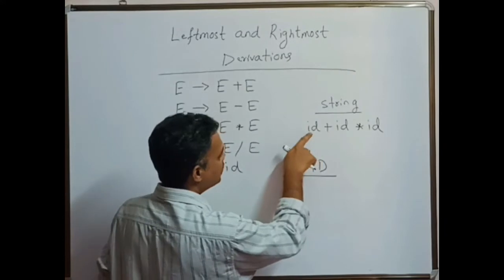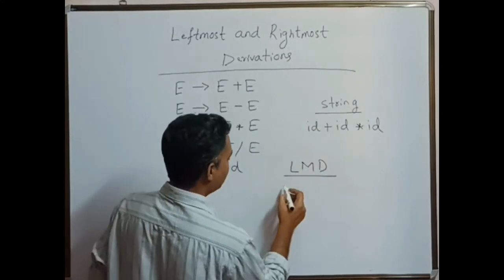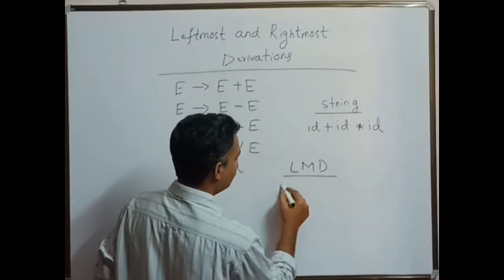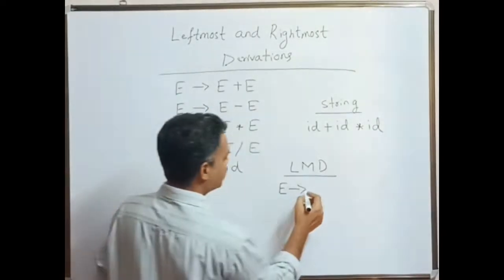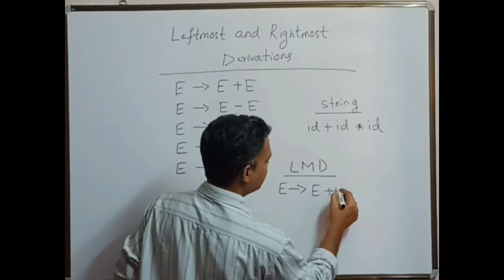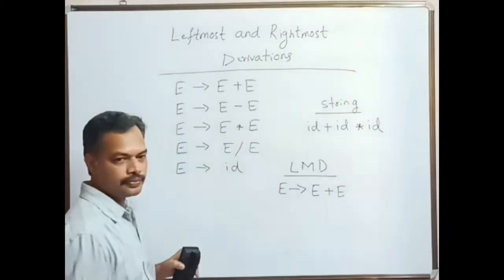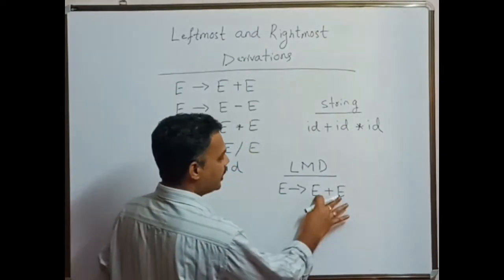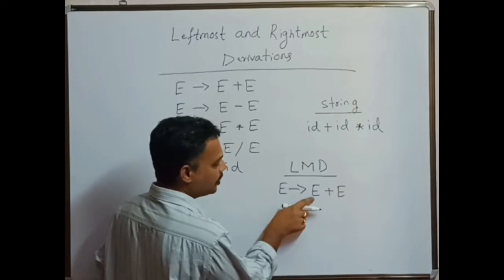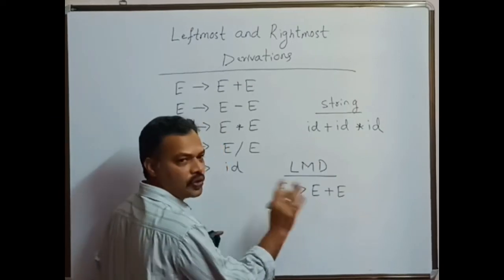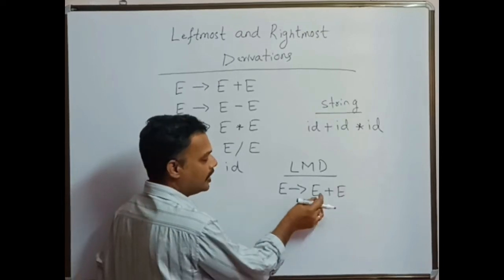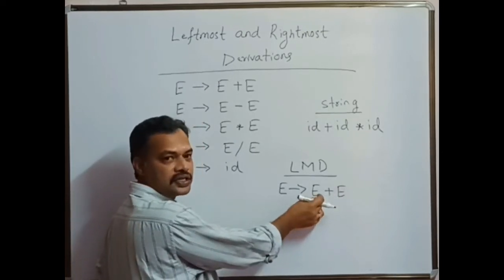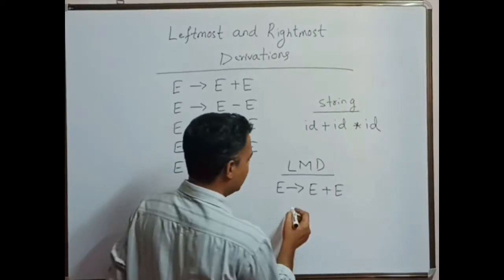Now since it is ID plus ID, so I will choose the first production, E plus E. Now I have two variables here, E and E. Now I am supposed to replace the leftmost only. I cannot replace the next variable unless I have terminated the recursion of this leftmost variable. So